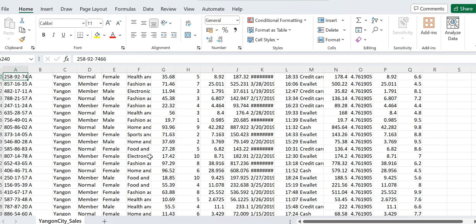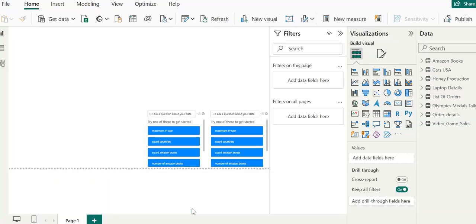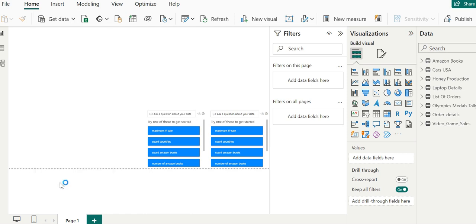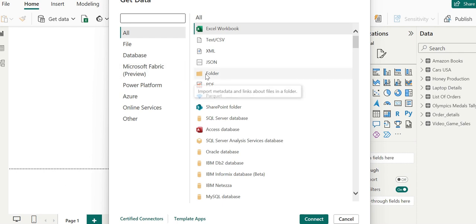So we have checked all three datasets have the same kind of schema, same kind of data values, same kind of fields. Then just go back to Power BI and go there to get data. After get data, just click on More. After clicking on More, you will have the option of Folder. Just click there